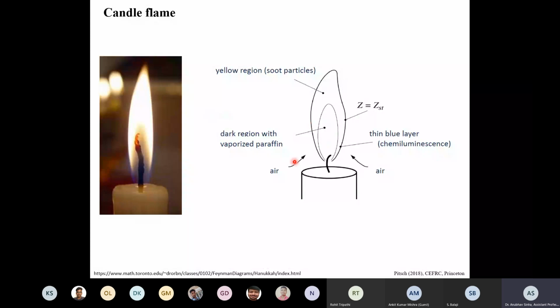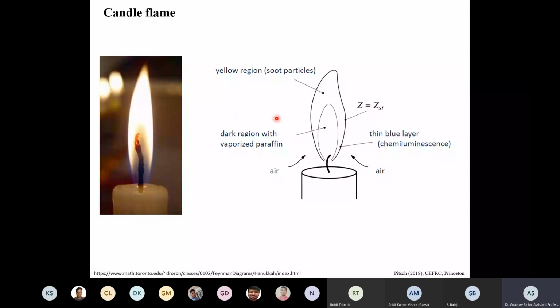Now outside we have air. So once they meet, this is the line where they meet at stoichiometric proportions. That we will again discuss in more detail. Or let us say where we have the right proportion, where fuel and air mix properly, there we will have the flame front. That is the flame front we are talking about. And this yellow region you see, this yellow color particularly is given by the soot particles. So whenever you see a yellowish color, in general you can attribute it to soot. Soot is being produced in that region.